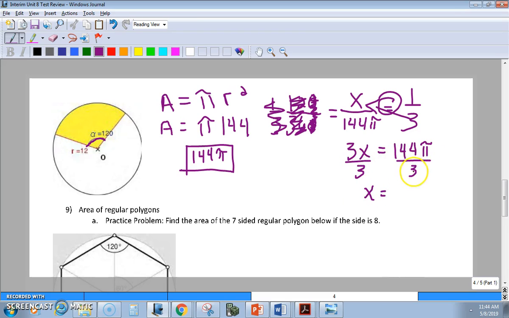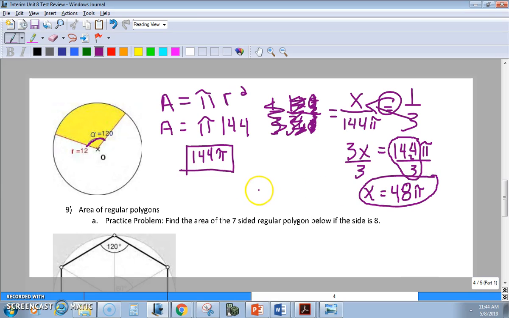and x is equal to, and we just do the numbers, right? How many times can 3 go into 144? 3 can go into 14 4 times with 2 left over, and 3 can go into 24 8 times. Don't forget your pi. So your answer is 48 pi, or you could put it in your calculator and get